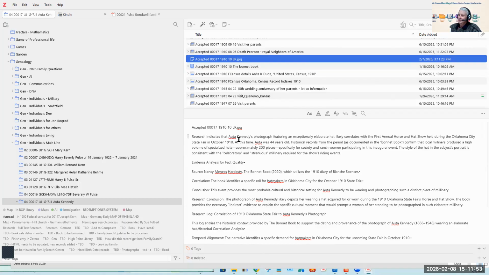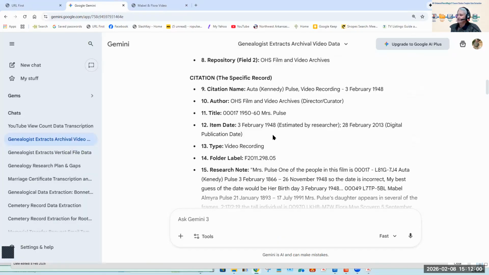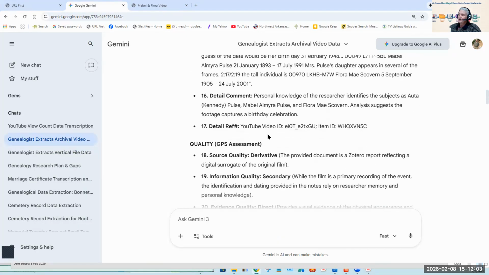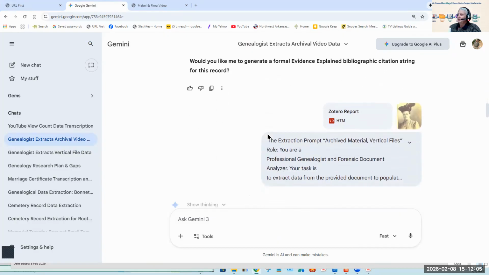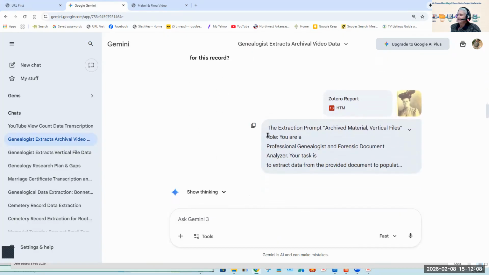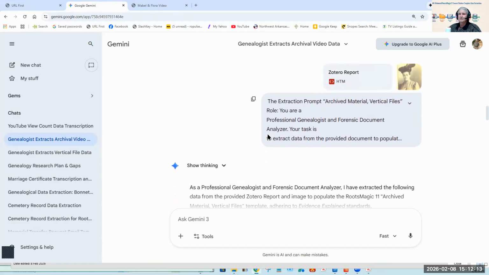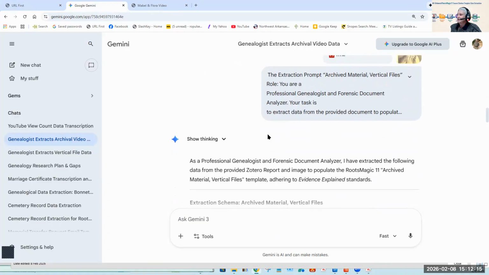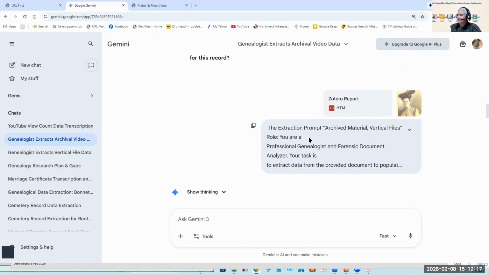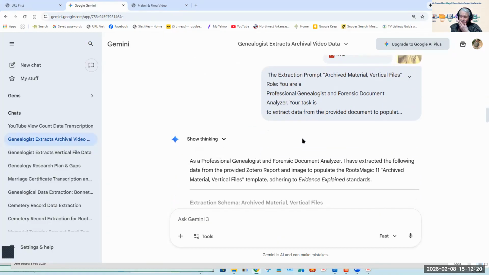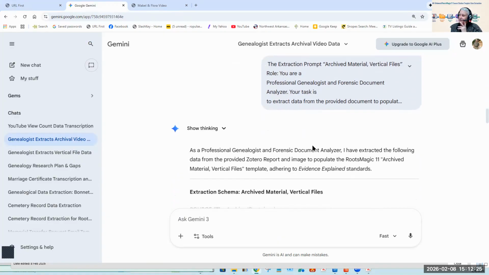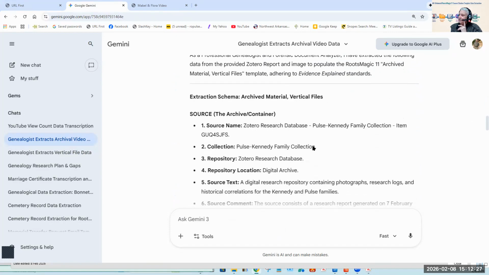And so anyway, I put that data in here, and then I had Gemini create a source citation for that because I realized I needed to give people a point of reference for where to find that picture. Didn't think about it at the time. Should have done that when I was doing the book. But it fits in with this too because it's archived material. So when you put your hat on and say I'm an archivist instead of a book reader, this is what comes up out of it. So this is what it came up with.